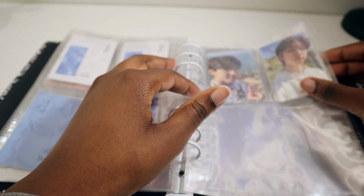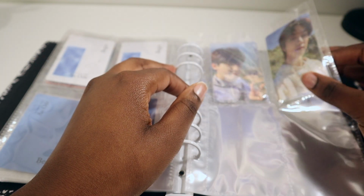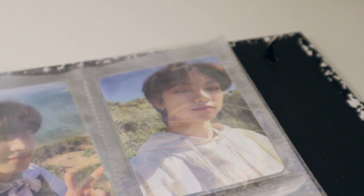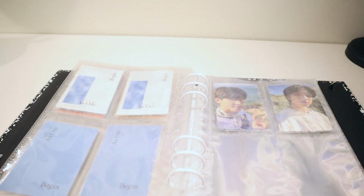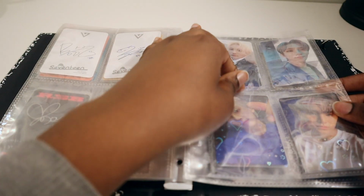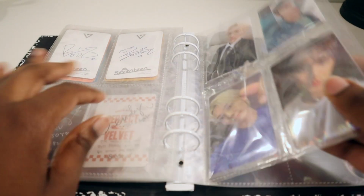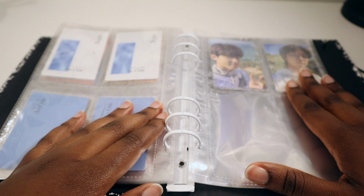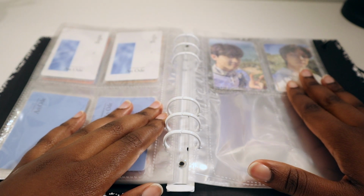But yeah, this Minghao photo card though, I think it's my favorite photo card for 17, because just look at him. I don't know. Again, there's just something in the water when he took this photo. Sorry, this is bothering me. I can't remember where my train of thought was going. But yeah,